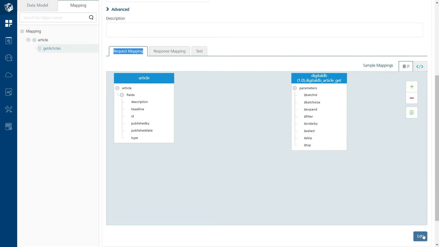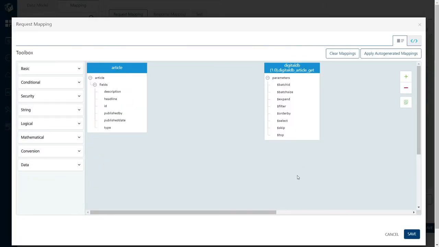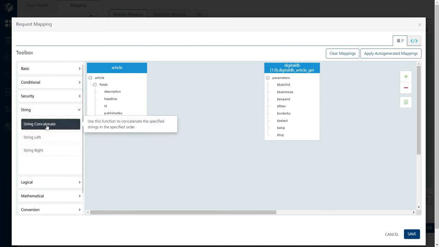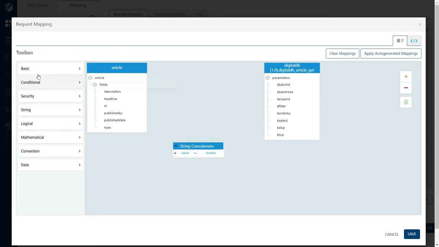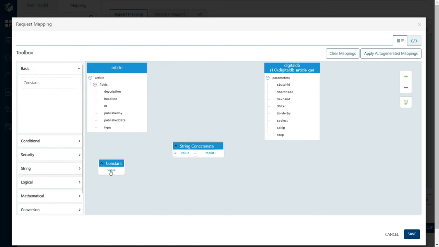Let's click on edit. Here I want to create the $filter parameter by using the type input parameter that we are receiving from the front end application. So let us look at how to achieve that. I am using the string concatenate function, and I am using a constant. In the constant, I am defining type EQ, and I am passing this type EQ to the string concatenate function.